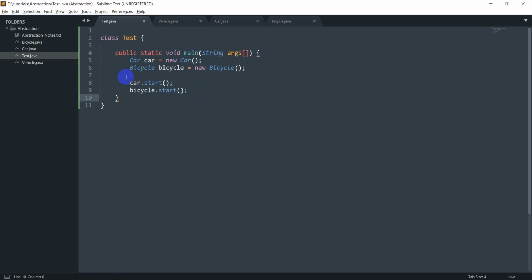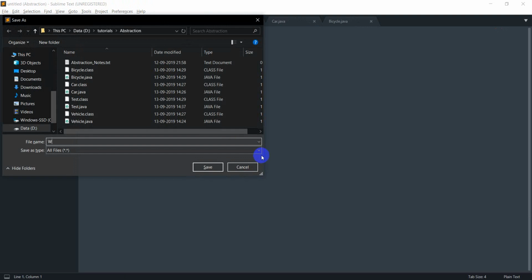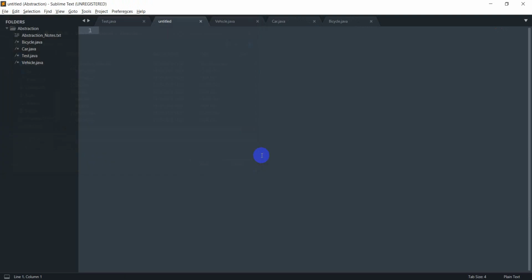And the other thing that I wanted to show was implementing multiple interfaces. So let me just make another file and save this as WheeledVehicle.java. Not all vehicles need to be wheeled vehicles. I can have boats or something that do not have wheels. So I'll make a separate interface, WheeledVehicle,